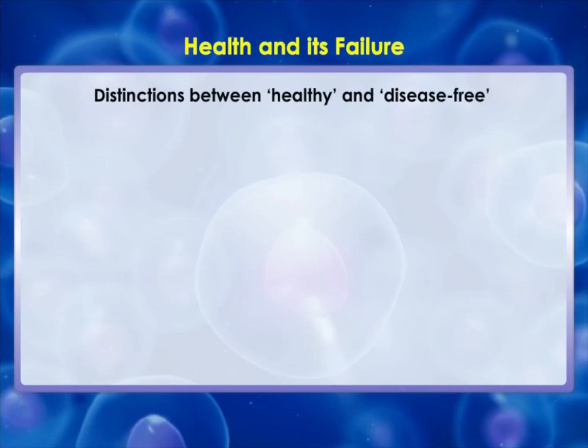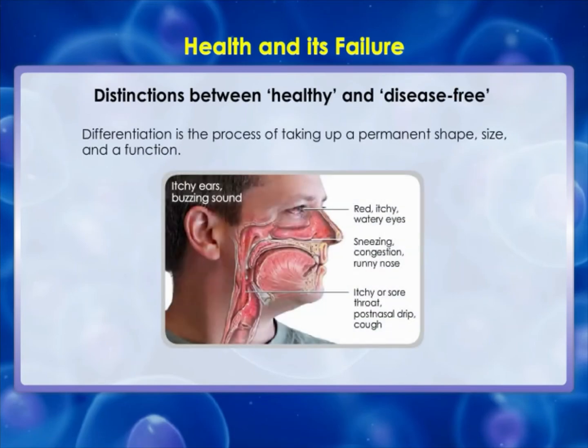Distinctions between healthy and disease-free. The word is actually self-explanatory. We can think of it as disease, disturbed ease. Disease, in other words, literally means being uncomfortable. However, the word is used in a more limited meaning. We talk of disease when we can find a specific and particular cause of discomfort. This does not mean that we have to know the absolute final cause. We can say that someone is suffering from diarrhea without knowing exactly what has caused the loose motions.